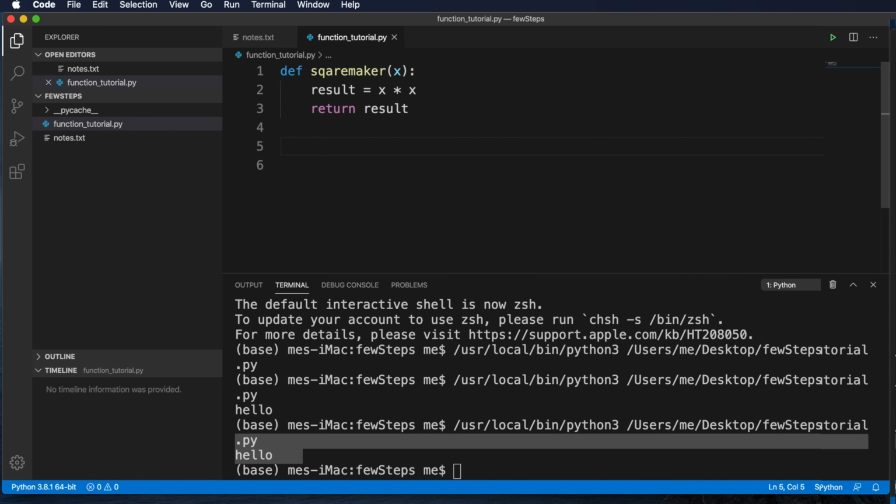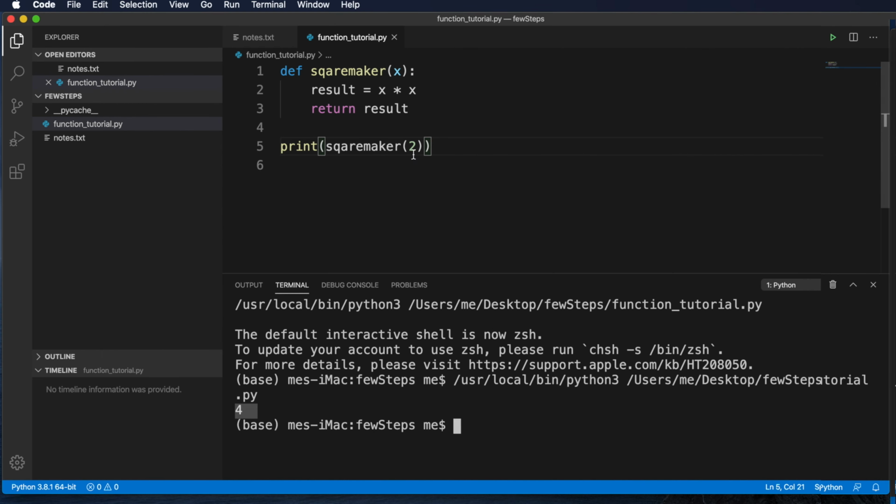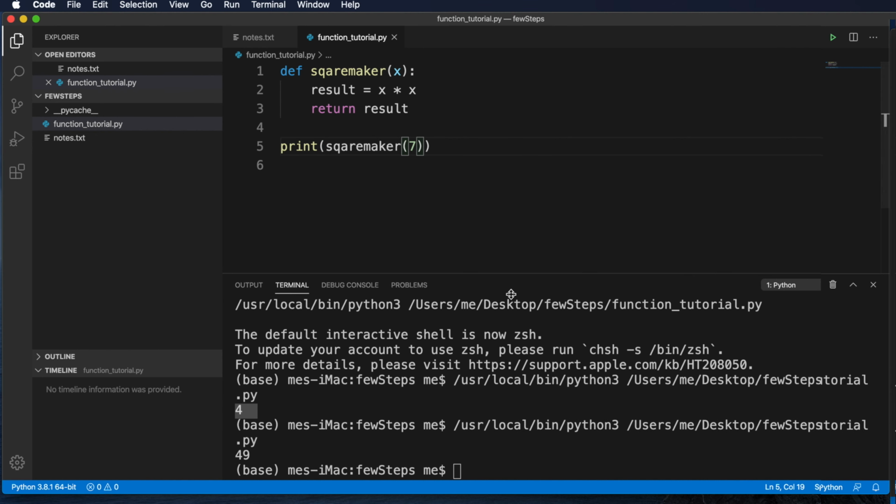Now if we call this method, what will happen? To call this method we have to type square maker, then pass the parameter, right? So here suppose the value is 2. Then if we try to print the value of that, we can do print like this, and then if we run the script, it will do the calculation and give us the result. So let's run it. Here it is giving us 4. If we want to pass 7 and run, it will give us